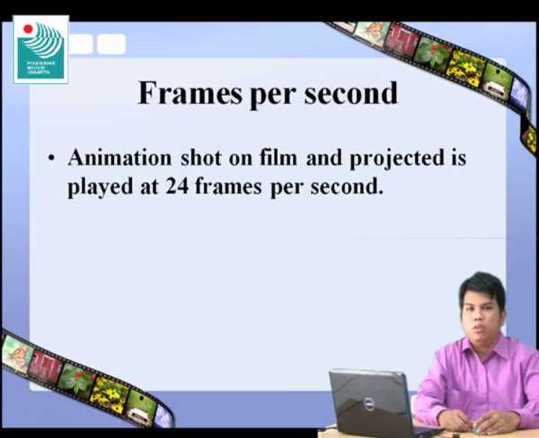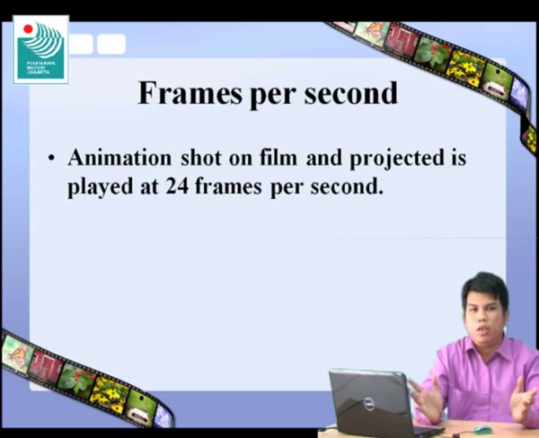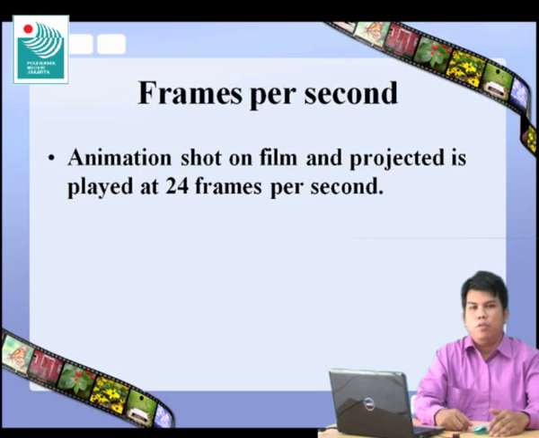Animation for television in Europe, Africa, the Middle East, and Australia is played at 25 frames per second. These countries use a television system called PAL, which flies at 50 fields per second, and 25 frames per second is compatible with this. If we fly an animated film at 24 frames per second on the television, we would see a black bar